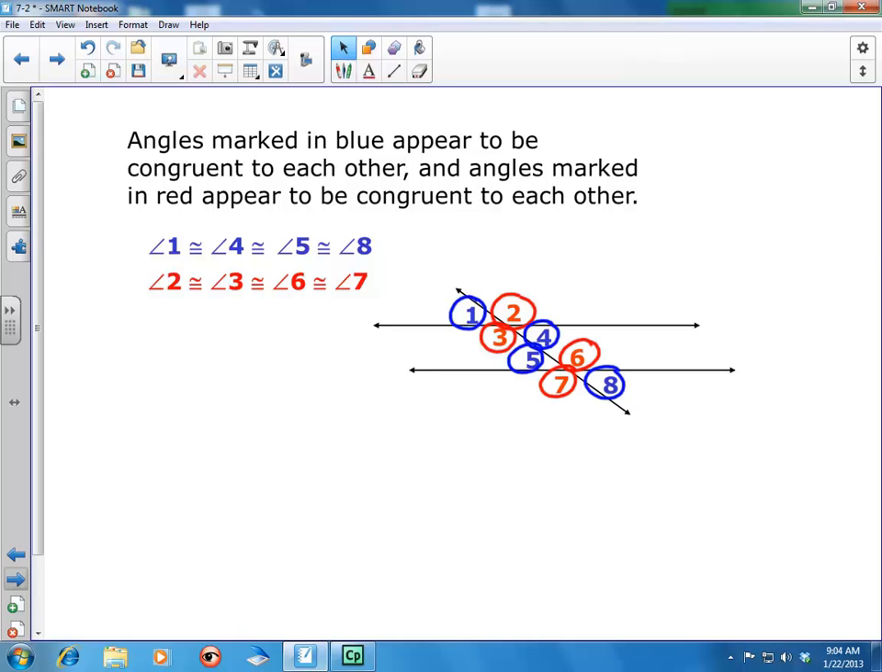Number 4 and number 5 are alternate interior angles as well, because they're on the inside of the parallel lines and they're on alternate sides of the transversal. Okay? But yeah, that's what all that means. That is a lot of big words, and yes, it can be somewhat confusing. But the most important part is for you to understand how to find the measures for these, and we're going to talk about that